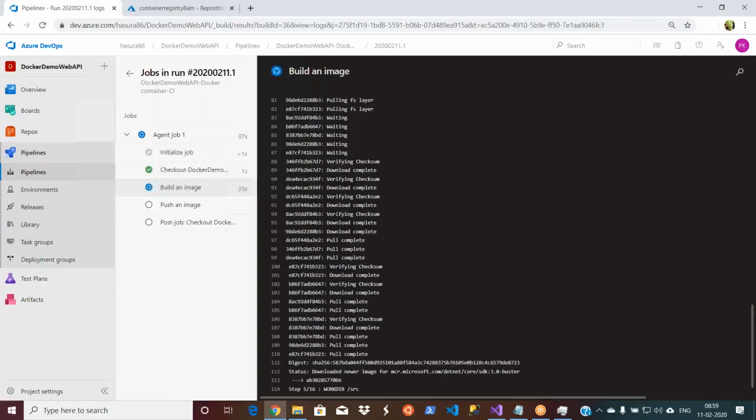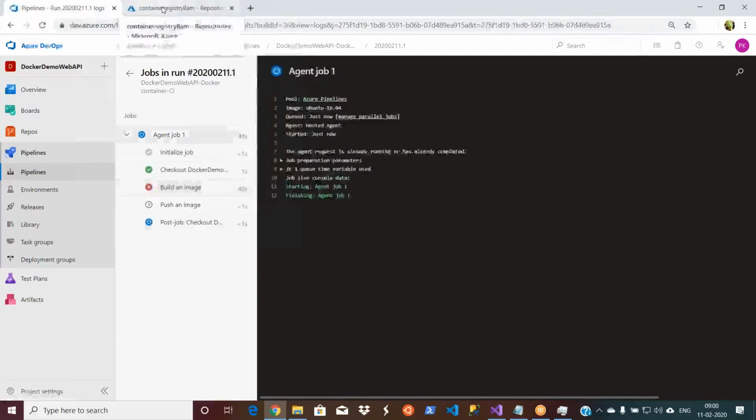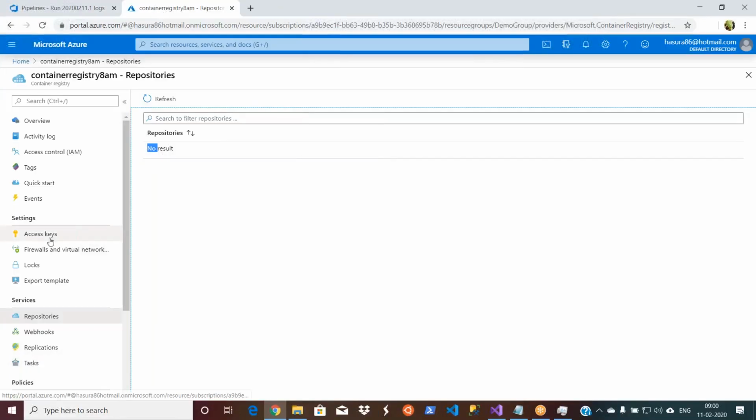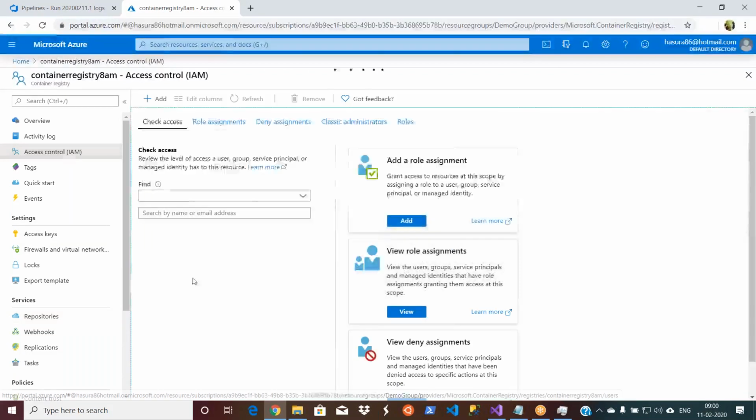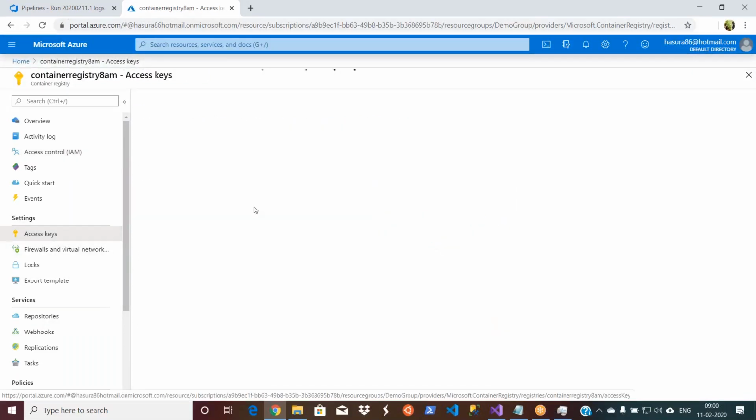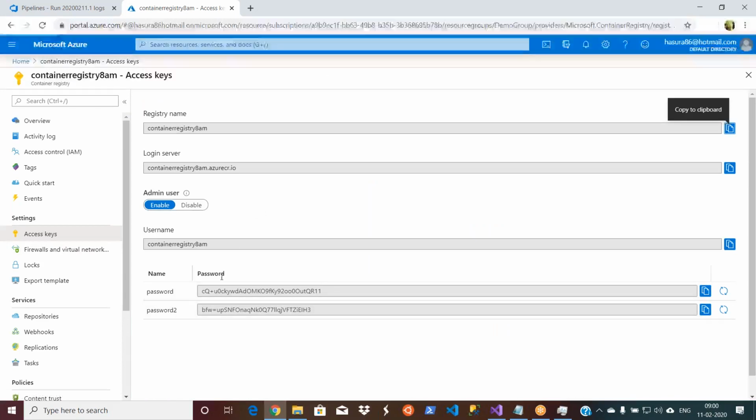I want to give sharing access to another person who is also having an Azure subscription. Yes, you will have the options. You see this one. You have this access control for every service. For every service in your Azure cloud, you have the IAM, and you have to give these access keys if someone wants to use it. You have to give this name and then these user ID passwords to the people. Then they will be able to use it. Every service in the cloud will have similar options.